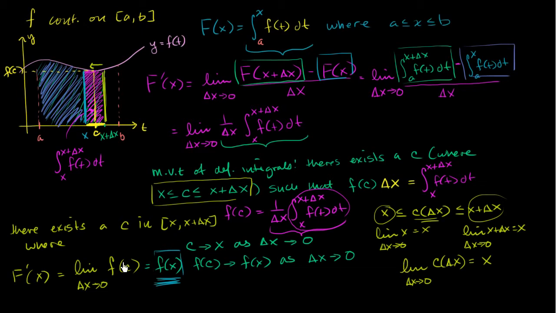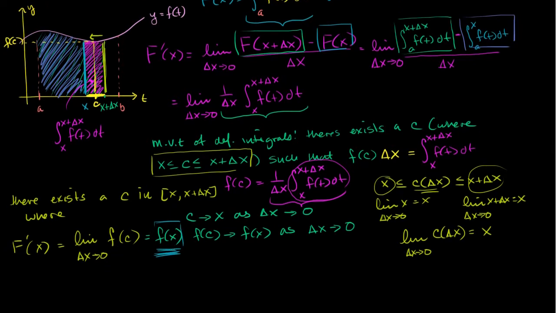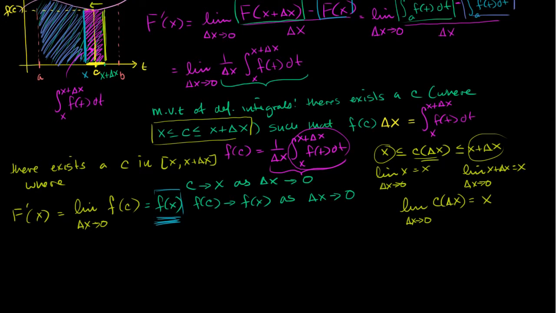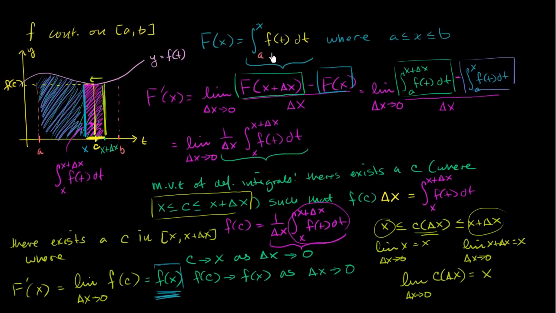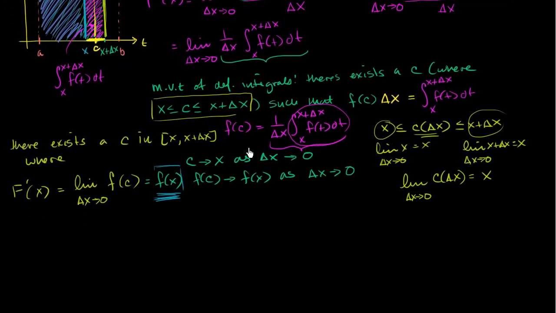It's a little bit more rigorous to get to this exact result. As delta x approaches 0, c approaches x. If c is approaching x, then f of c is going to approach f of x. And then we essentially have our proof. F is a continuous function. We defined capital F in this way, and we were able to use just the definition of the derivative to figure out that the derivative of capital F of x is equal to